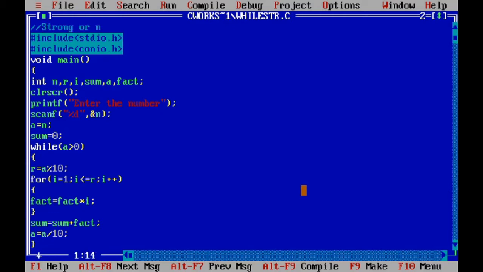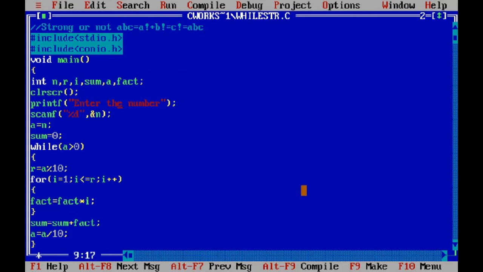Suppose a, b, c is your number, then first calculate a's factorial plus b's factorial plus c's factorial, and again it equals your a, b, c. So we need to calculate the factorial, and then the sum of these factorials. So we need these different variables, sum, a, and fact.